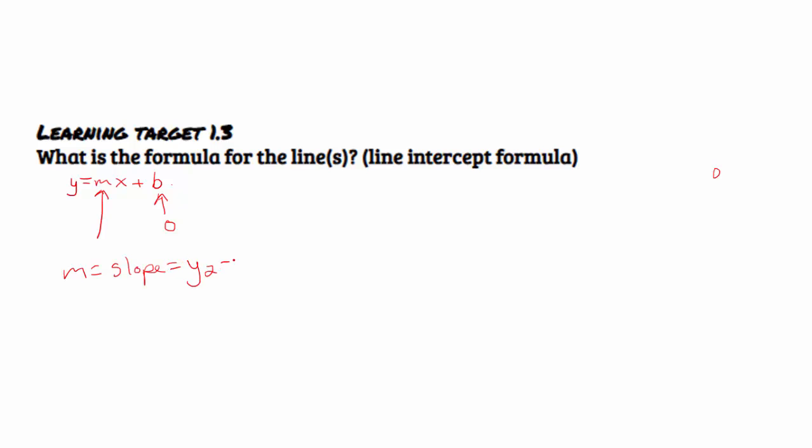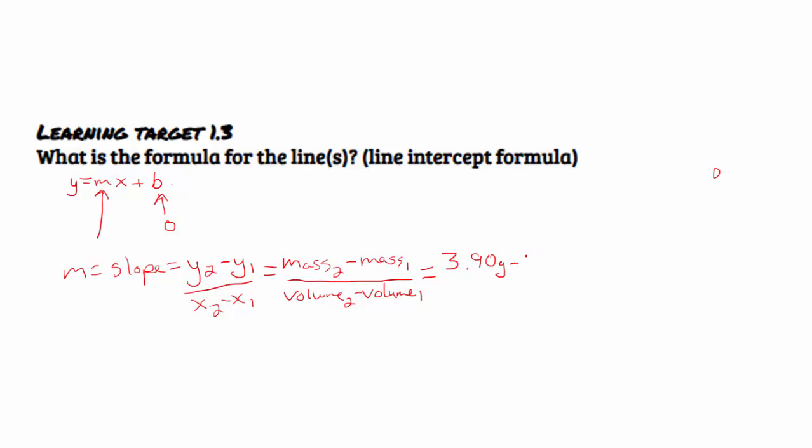So m equals the slope, which is y2 minus y1 over x2 minus x1. So that, in this case, because mass is on the y-axis, is mass 2 minus mass 1 all over volume on our x-axis, 2 minus volume 1, which again equals, we had mass 2, 3.90 grams, minus mass 1, 1.30 grams. Remember, these came from the differences, not actually out of the table, because you needed to say, after it reacted, the gas was produced, and we're just looking at that gas. And then the volume, again, 1500 ml, keep it consistent, minus 500 ml,